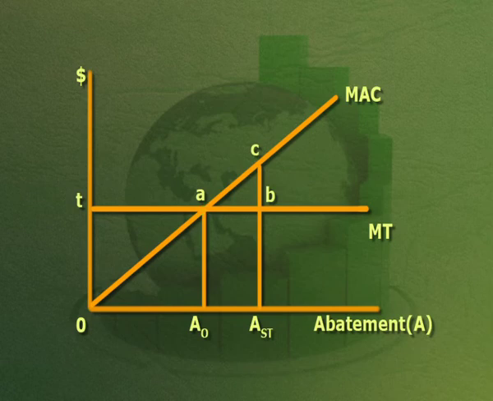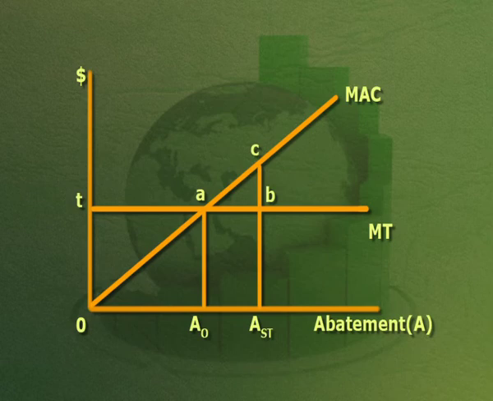Assuming no fixed cost, total abatement cost TAC is represented by the area under the MAC curve up to A0, or area OA-A0. Notice that these costs are lower than what the taxes would be up to A0, shown as area OTA-A0. Beyond A0 and up to AST, the firm will opt to pay the tax because MT is lower than MAC in that range. The firm's total tax payment for not abating between A0 and AST is represented by area A0AB AST,